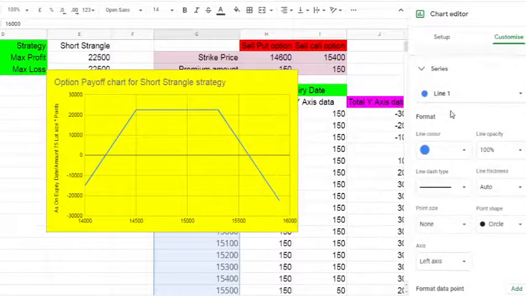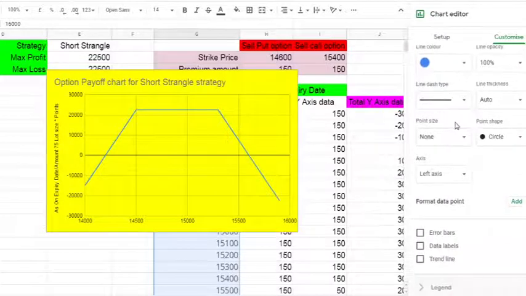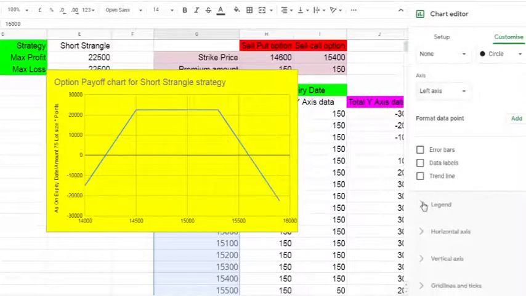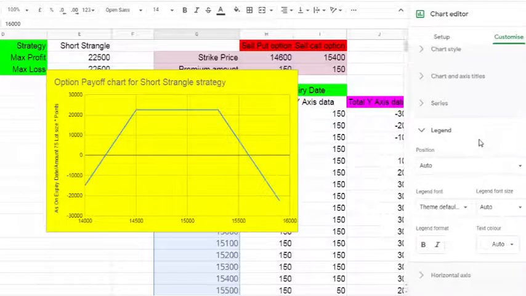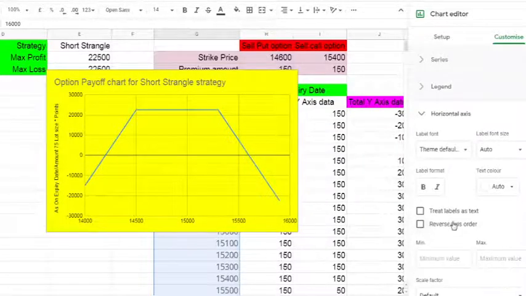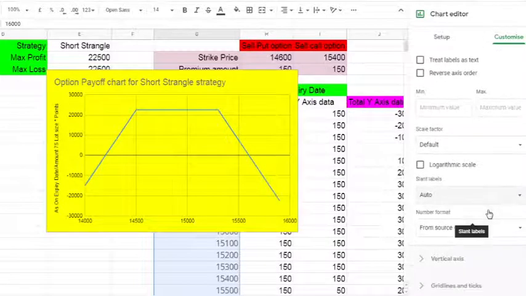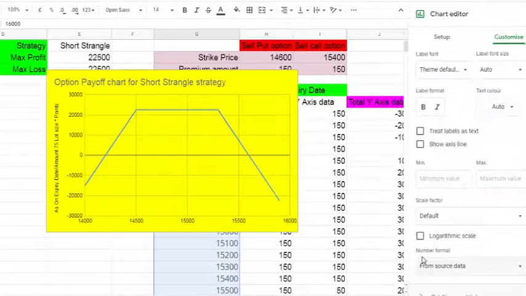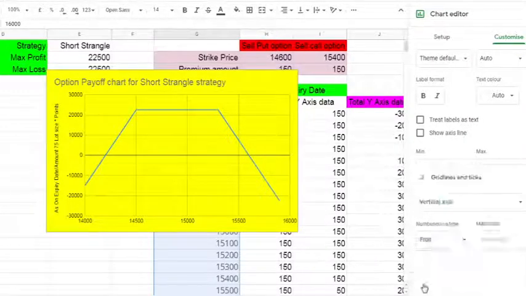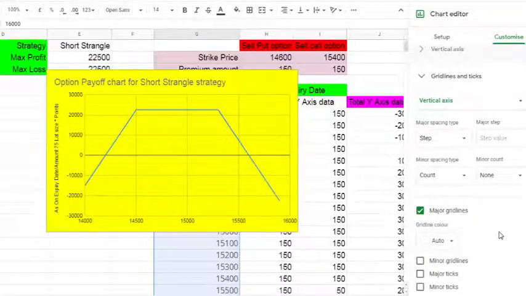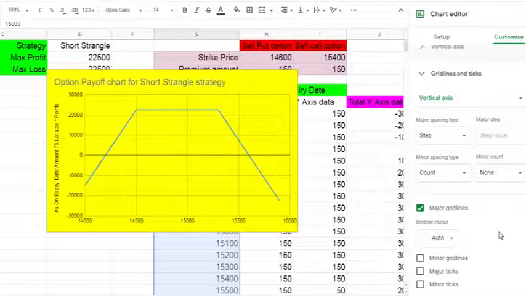Next I am going for the series. Okay, in series I am not changing anything else because my data is blue color and the x-axis data is already on the blue color. It's looking good. And the legend also I am not changing anything. Okay, I don't want to do anything else. On the vertical lines I am not changing, but if you want to change any data you can just play around it, but I have no need to do that because the chart looks okay for me.